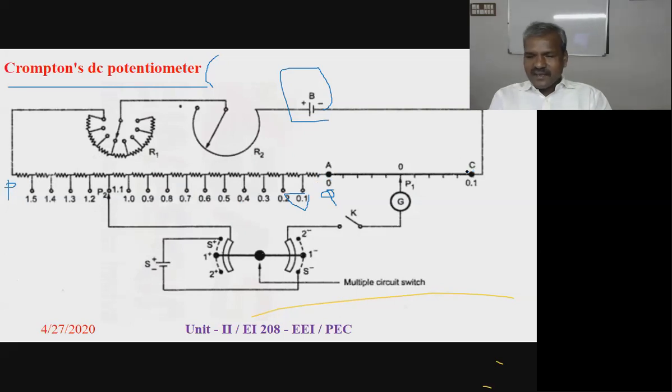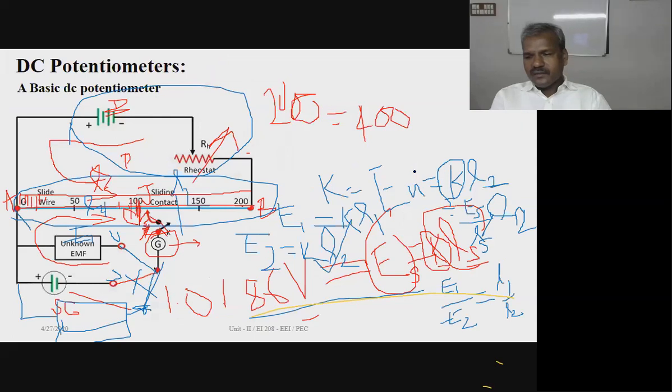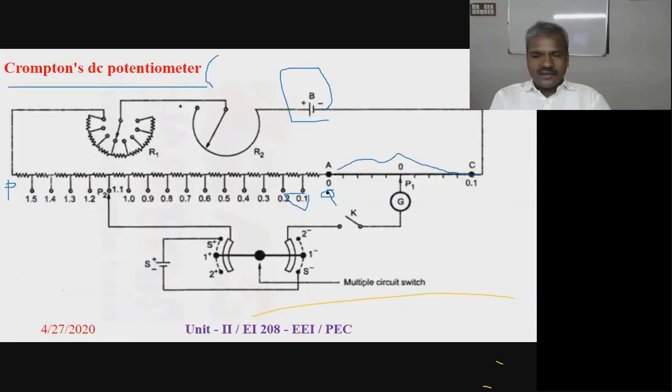this A and C is a slide wire, smooth slide wire. These are studs. So the slide wire voltage, in this length, equal to each stud value of the contact. This is stud based contact. This is slide wire. This is a smooth slide wire contact. This stud based contact. So what is the voltage across here? Maximum 0 and 0.1.